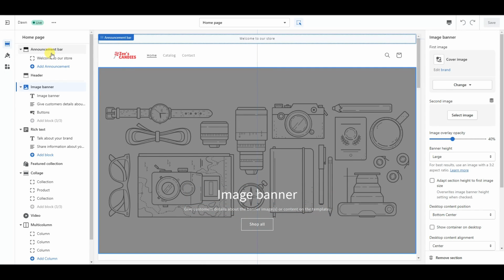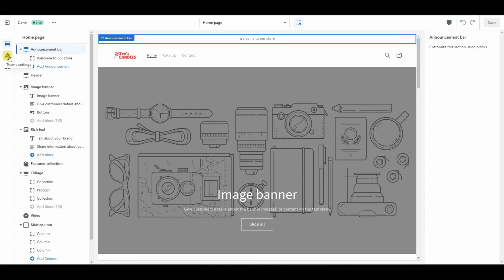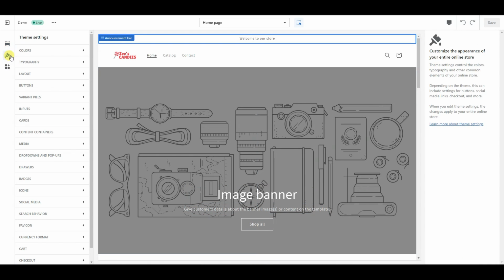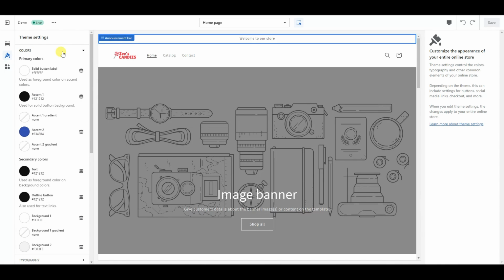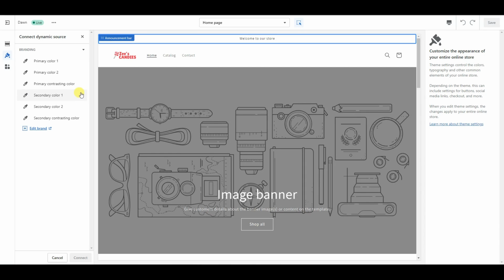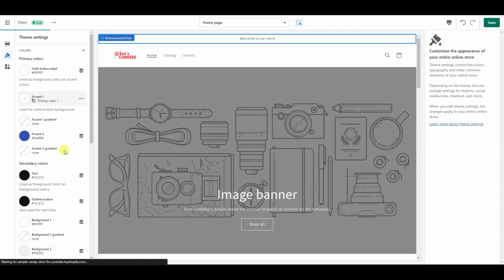So in this case, before we actually edit this stuff, we're going to head over here to theme settings, and I'm going to open up colors really quickly. And this is where we're going to start using the colors that we used earlier. So first off, I'm going to click on accent 1, and I'm going to click these 3 little circles right here and click connect dynamic source, and we're going to make this primary color number 1, and I'm going to click connect,